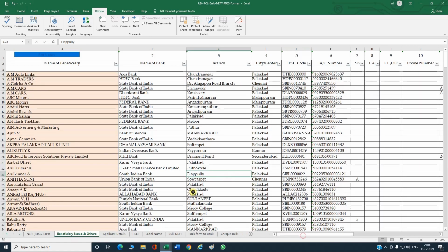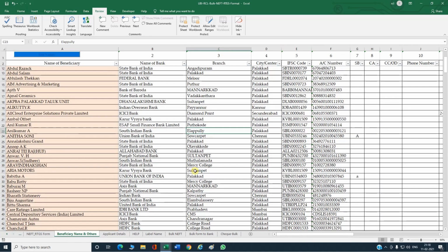So this type of work we can do within a fraction of seconds without error. That is the main point. Every time when we are writing by hand or typing or preparing the data, every time there is a chance for mistakes. So here we are using the data already created. There is no chance for errors in future.